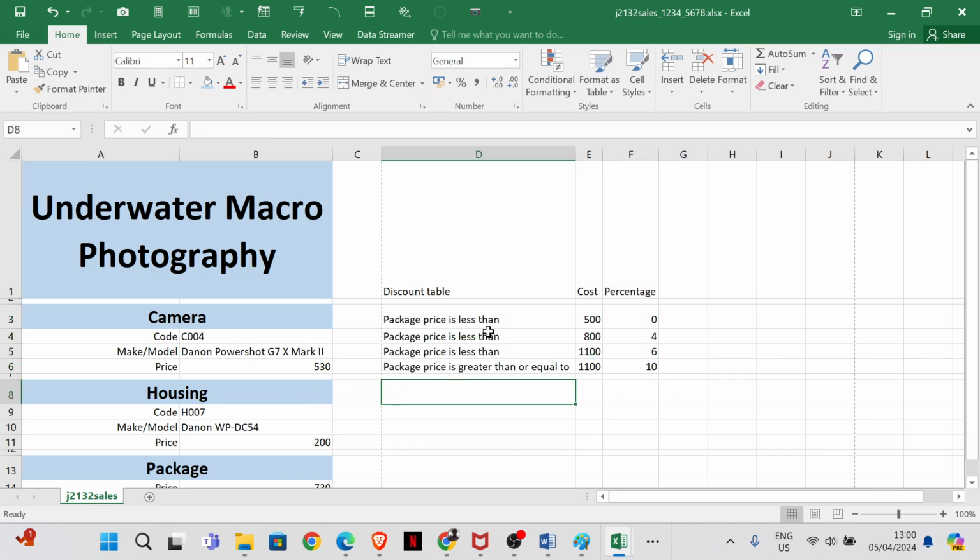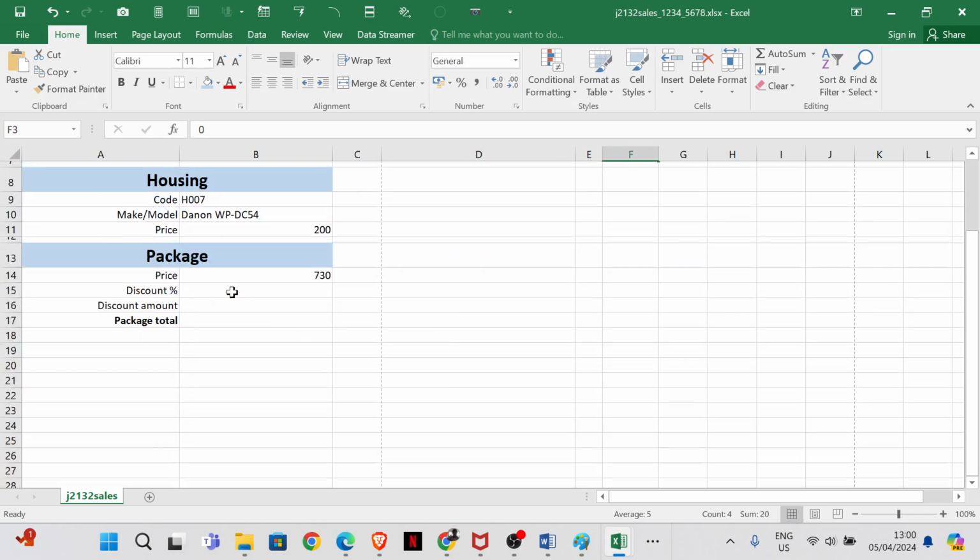So meaning that it's going to follow this discount table to know what is the discount percentage, and we need to have the formula here. Okay, so we are going to make use of the if function. Okay, so equal if,